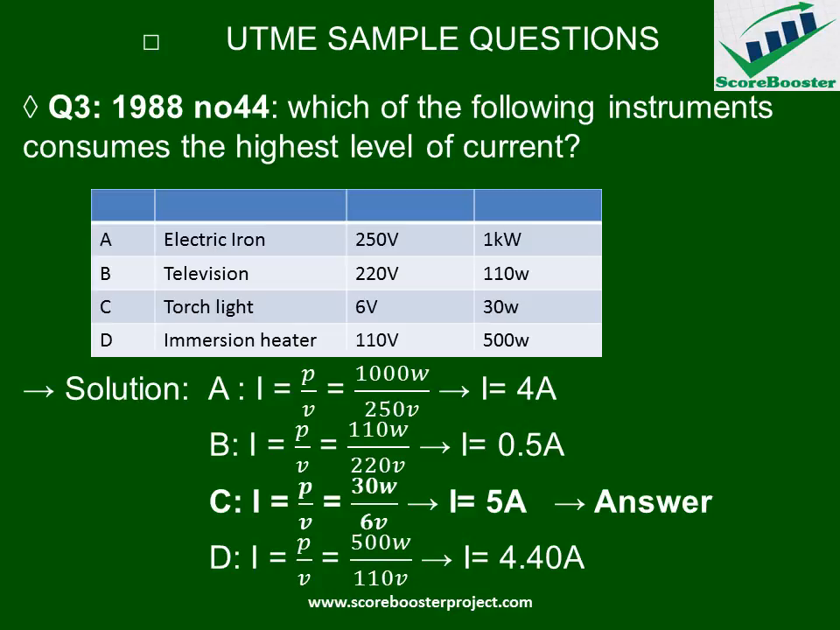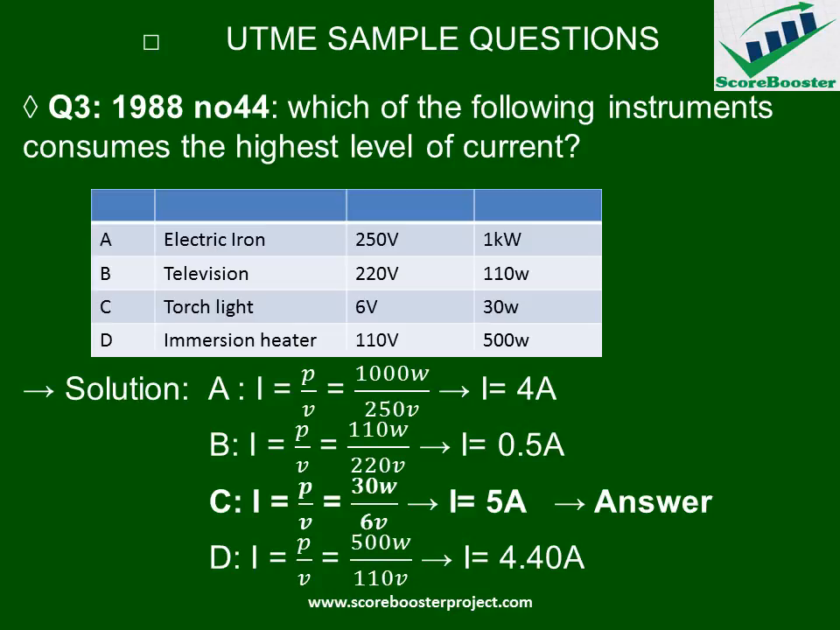Then for B, we substitute similarly into I equals P over phi. The P for B is 110 watts divided by phi, which is 220 volts, and that gives us 0.5 ampere. Similarly for C, the P is 30 watts divided by phi, which is 6 volts, and that gives us 5 ampere. And lastly for D, I equals P over phi, and the P for D is 500 watts divided by phi,